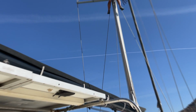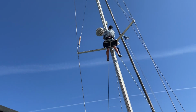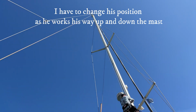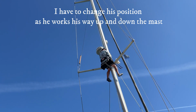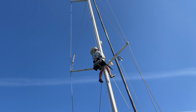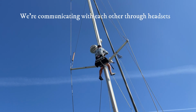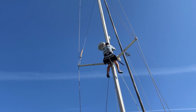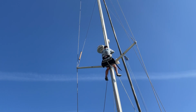So I hoisted Corey to about this location on the mast, which is about halfway up. I'll show you the whole top. It's about halfway up right now, and he's trying to determine whether he has enough lack of movement to execute this, because I know it doesn't seem like it's windy, but it's